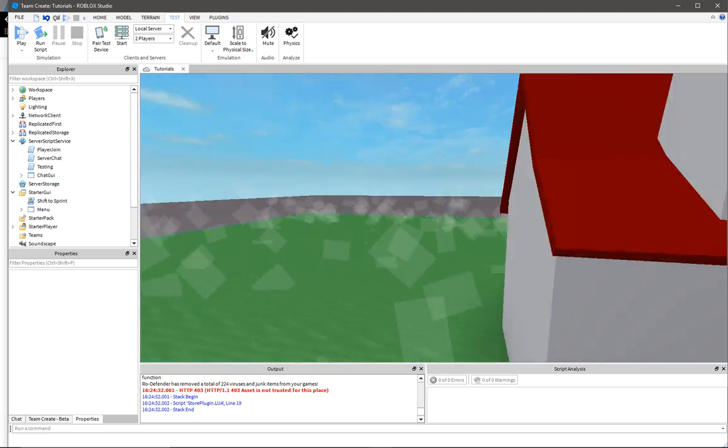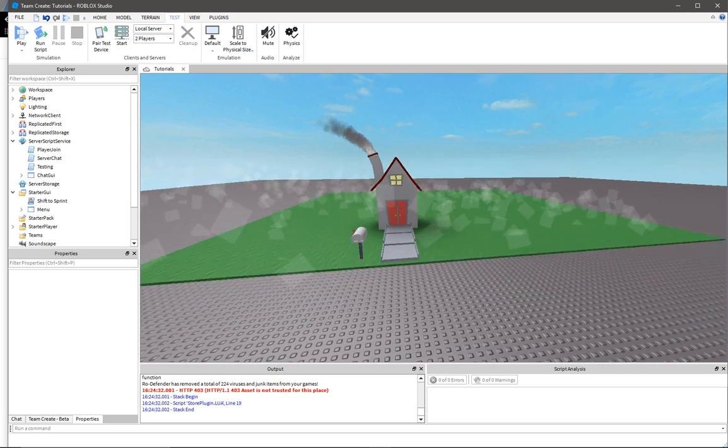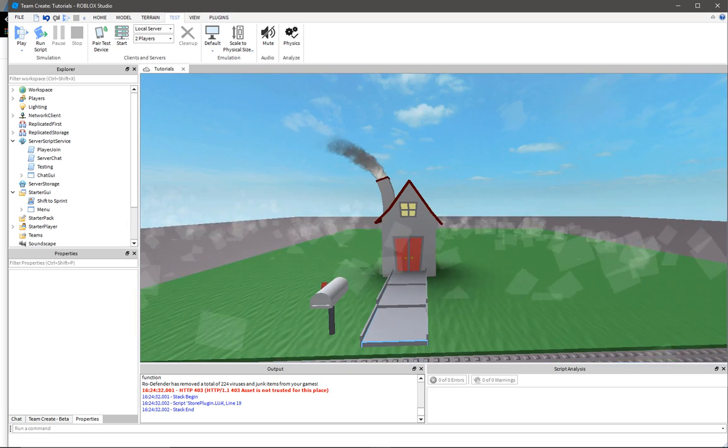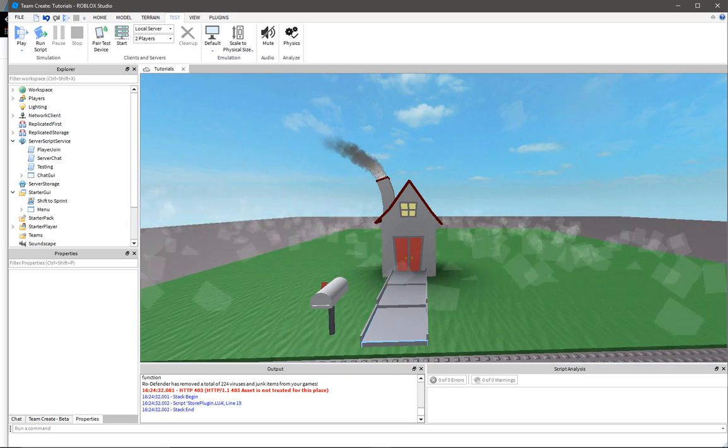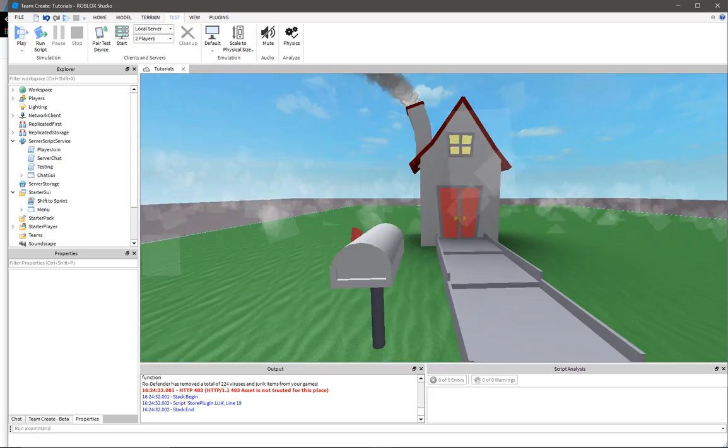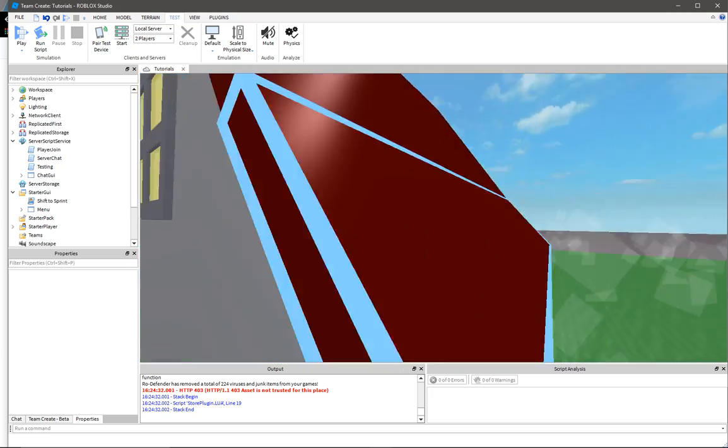Today, this scripting tutorial will be on how to make a password GUI. I'm not sure if I pronounced that right. GUI, I'm not sure. Post that in the comments how you guys pronounce it. Anyway,